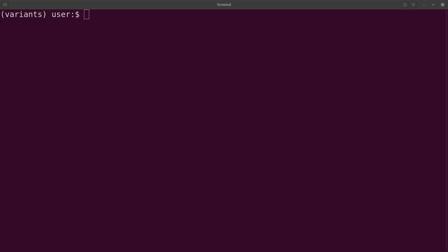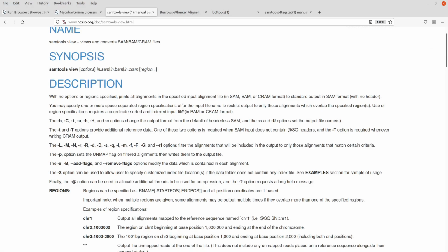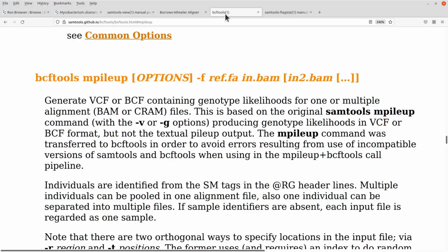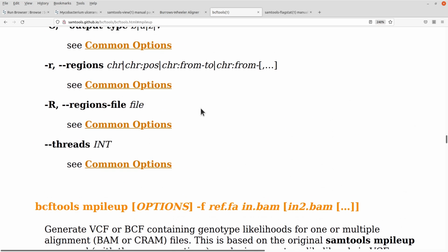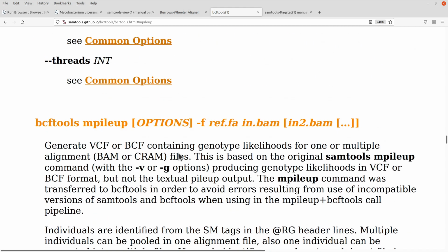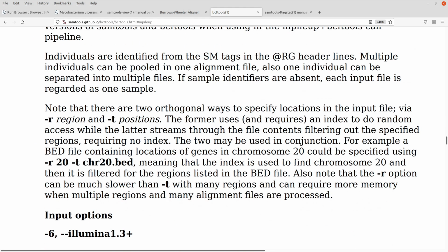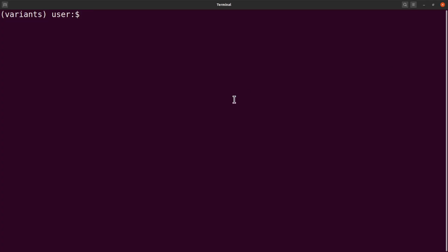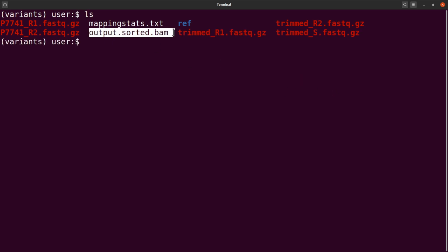So let's proceed. So let me also show you the page in case you want to read about BCFTOOLS. I think it should be here. I'll leave the link in the description box. So just check the mpileup and look at the options available for it. So let's start. So we will say BCFTOOLS. Let's just display the files again here. We need a sorted BAM file. So we will say BCFTOOLS